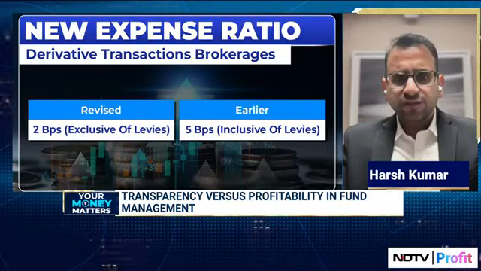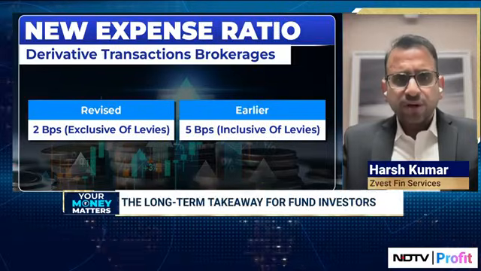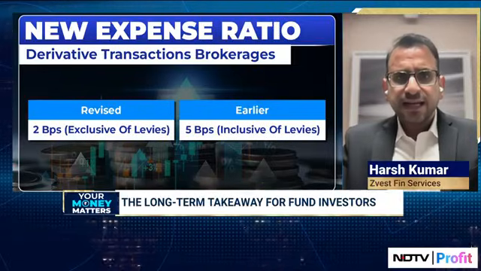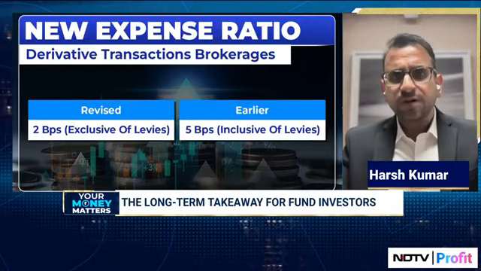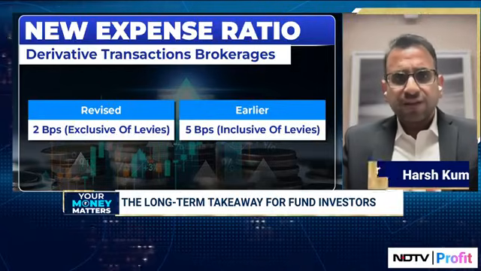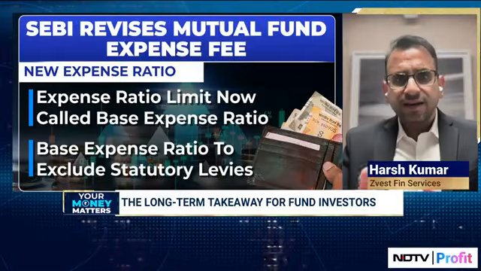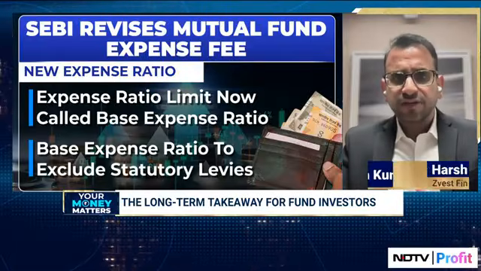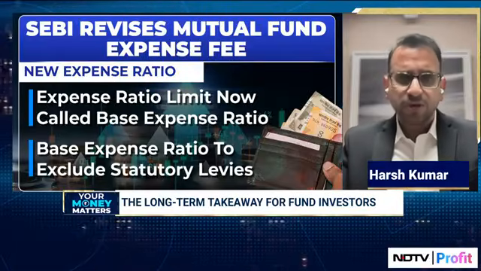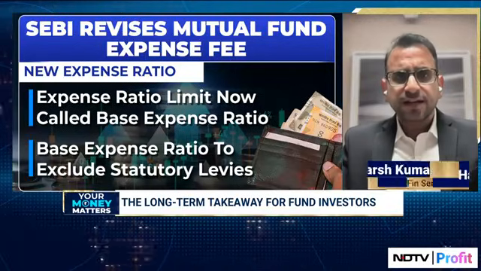So my sense is the impact of this would be twofold. Smaller fund houses would have slightly lower access to research than what bigger fund houses would have. Smaller fund houses may have a little higher hit on their balance sheet than what the bigger fund houses would have, because they were already not paying 12 basis points as far as my understanding goes.